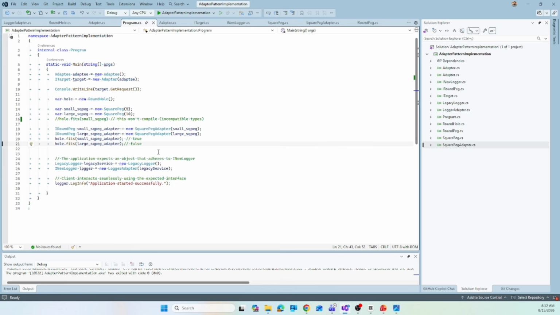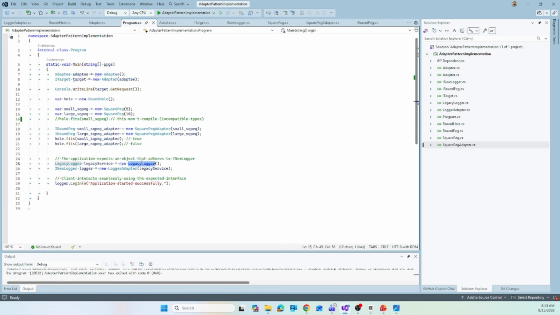So this way the adapter helps to inject the incompatible type into another type of object with the concept of dependency injection. In the third implementation, I have a legacy logger,